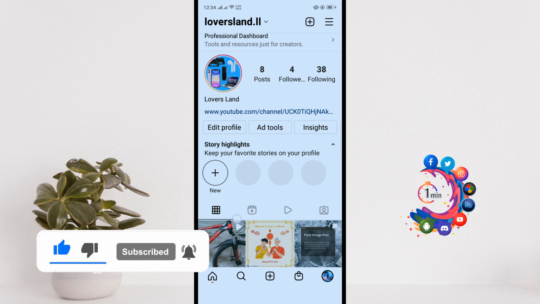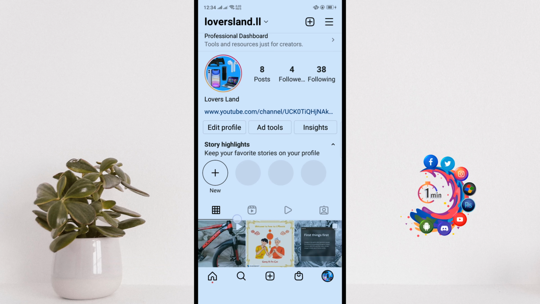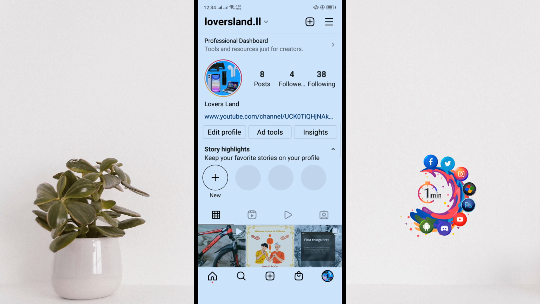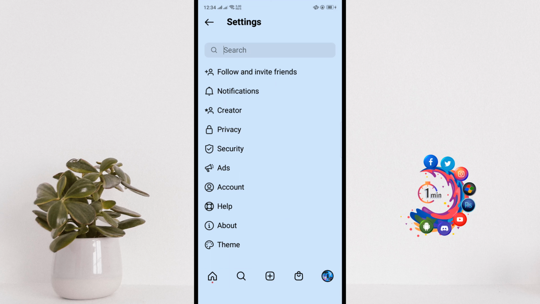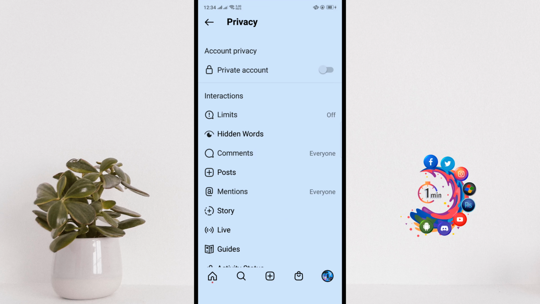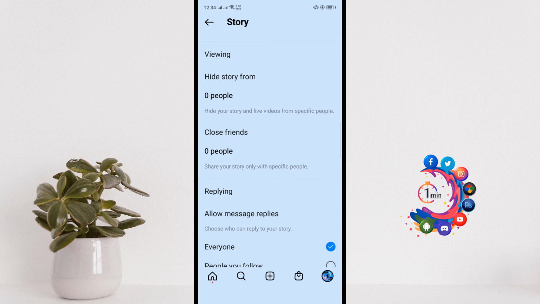So first of all, open your Instagram profile and click on this three-line icon in the upper right-hand corner and click on settings. Now click on privacy and click on story, and here you will get the option to hide story from. So click on hide story from,